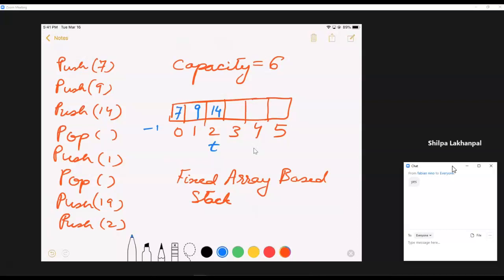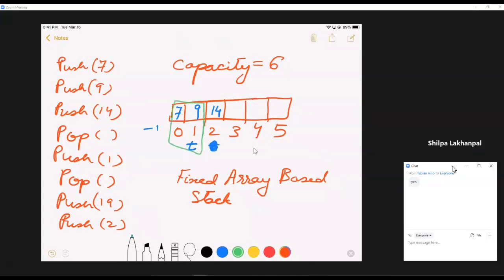Now, when a pop is called after this, the pop will actually just decrement T. So T will just be decremented by 1 and put over here. So for all practical purposes, my stack is only this one right now.